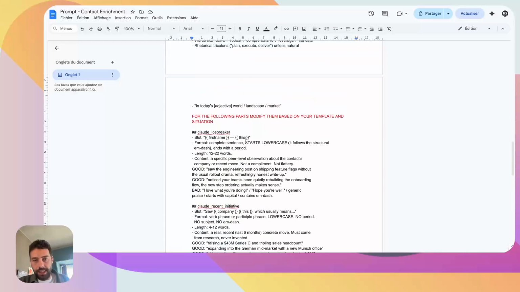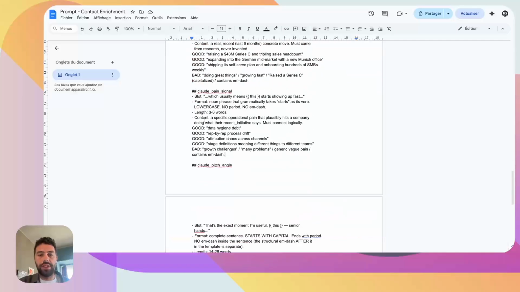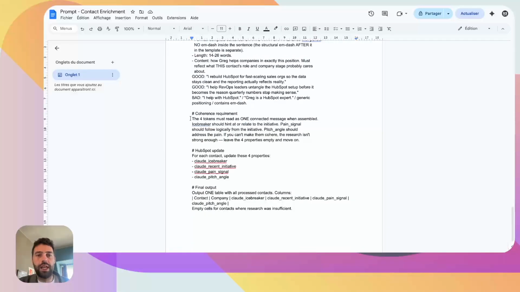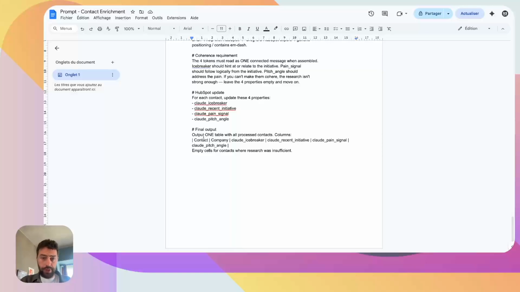If you're a bit lazy, I guess you can just give your email template to Claude and ask him to modify this part to make it fit your email directly. I guess it might work. Then you will ask them to have a coherence requirement: the 4 tokens must read as one connected message when assembled, and you will ask him to update these 4 properties directly in HubSpot, and as a final output within your Claude